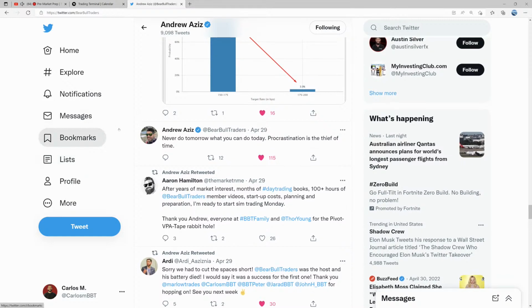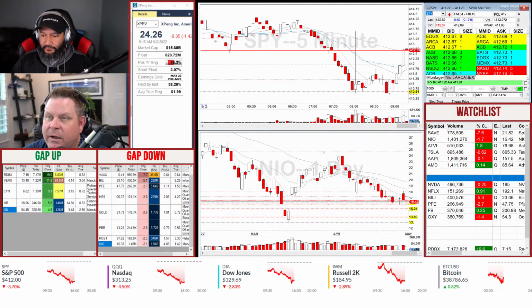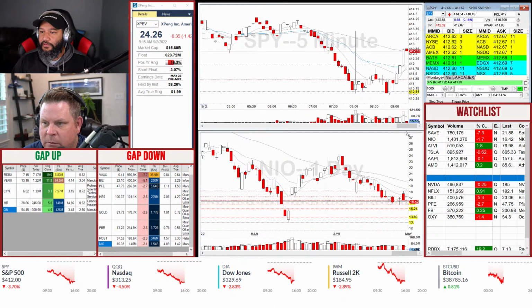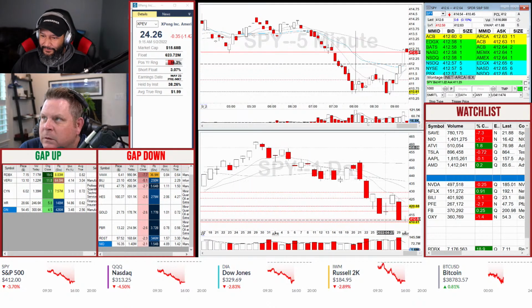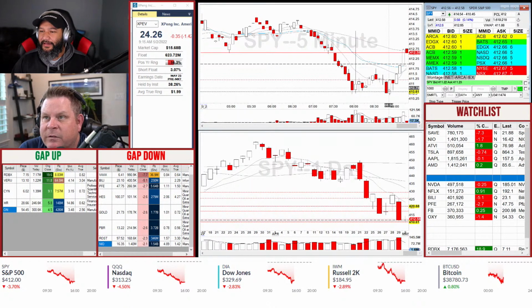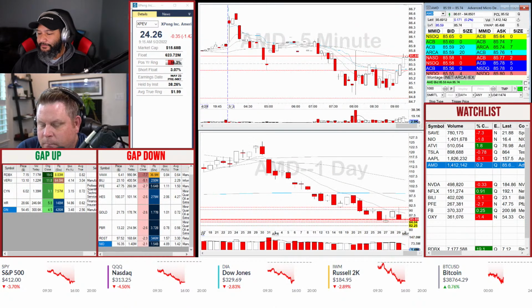We're seeing some serious moves going on in the market. Take a look at SPY, Apple, Facebook. Oh yeah, look at it. SPY is green. We'll see how long it lasts. I haven't seen any news that would cause that. Interesting.